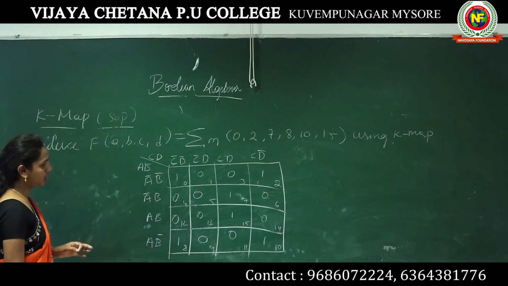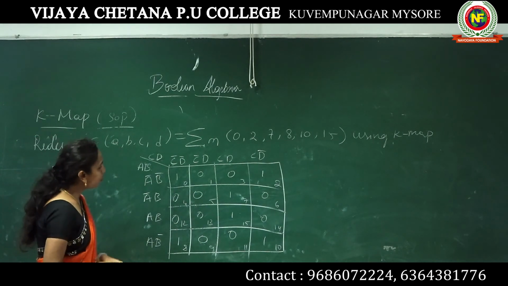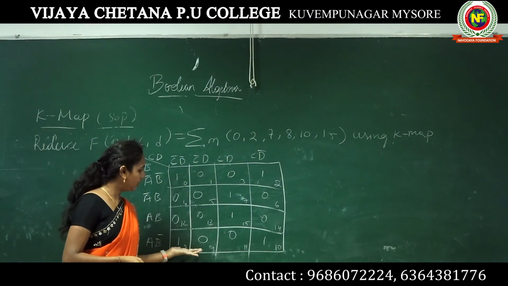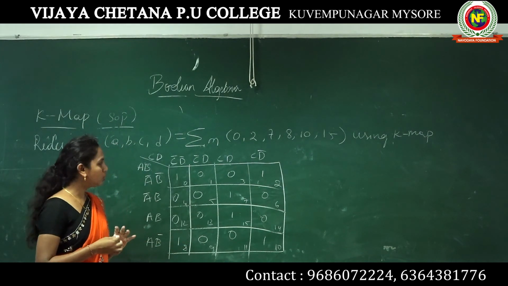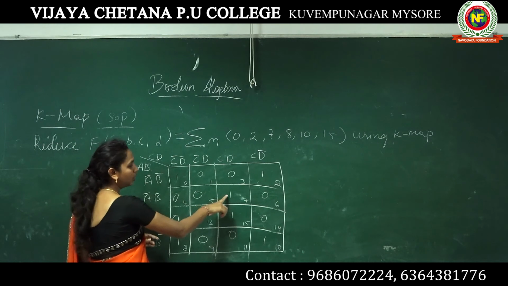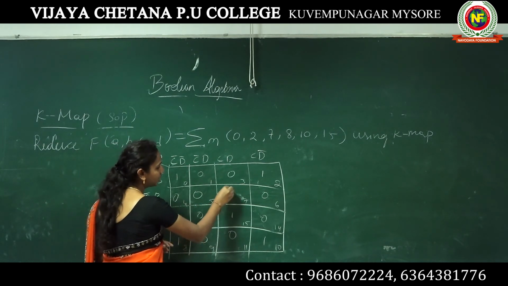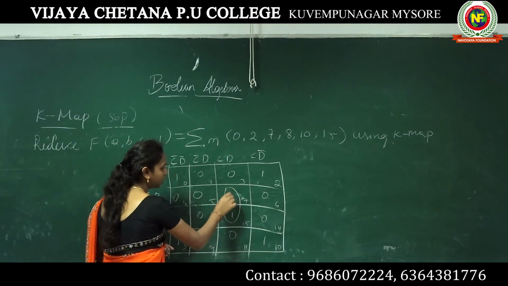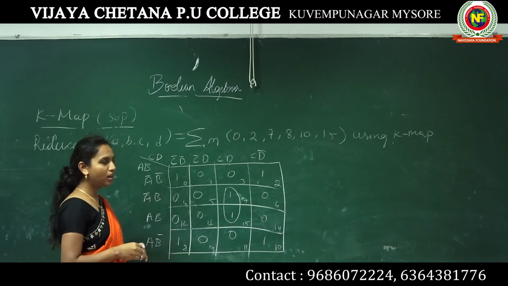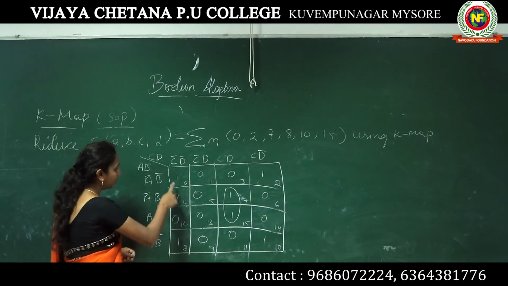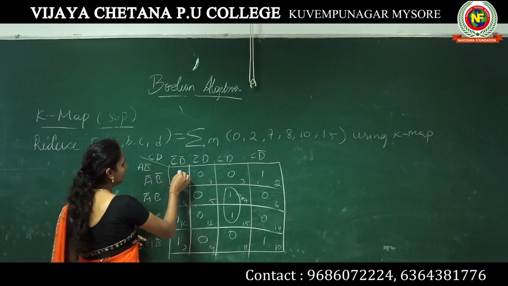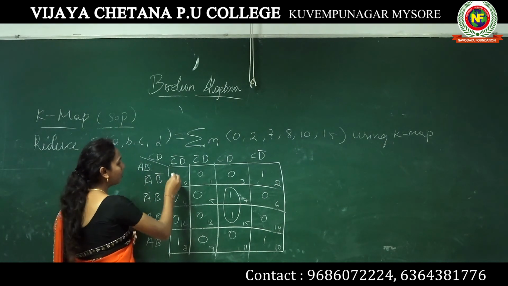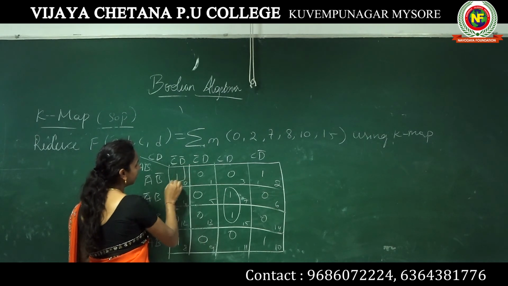Okay. Next, after that, now what is possible? We can make a pair, quad, octet, anything. So what is possible? So here the two ones are adjacent, so encircled. This can be a 1 pair, right? After that, here 1 is there, 1 is again here. So what I'm doing, it becomes a quad actually. Quad. So how?